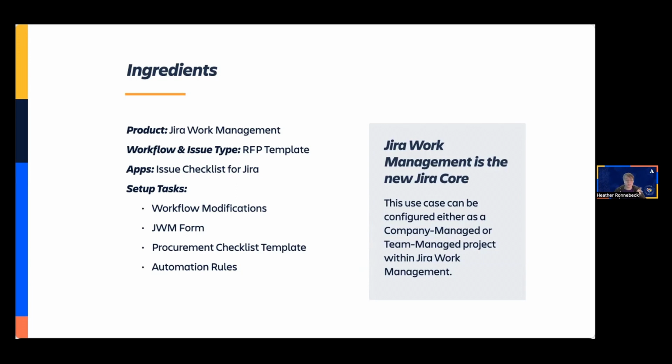You're also going to need a marketplace app called Issue Checklist for Jira. It's by Hero Coders. And again, this is specifically for this use case. This plugin, though, will turn on the ability to have checklists within the Jira tickets. And then what this does is it also creates templates that you can use across your site. One of the neat little things about this app, which we'll get into a bit more, is the ability to add validators into the workflow so that teammates can't transition tickets until all the items on your checklist are done.